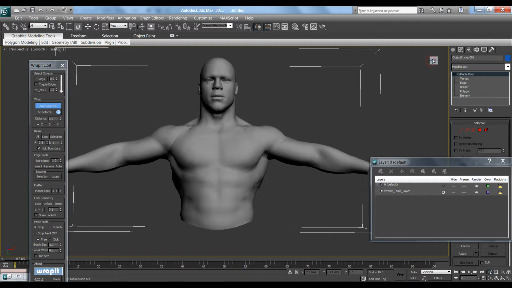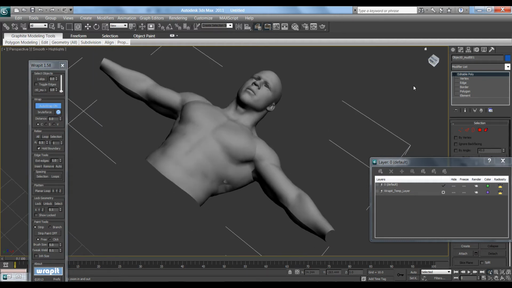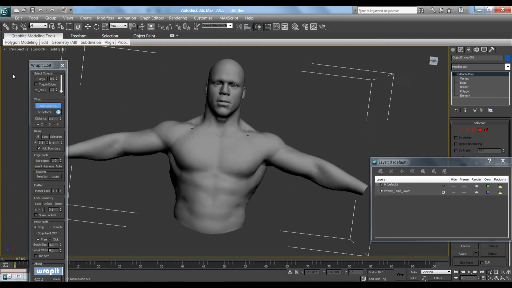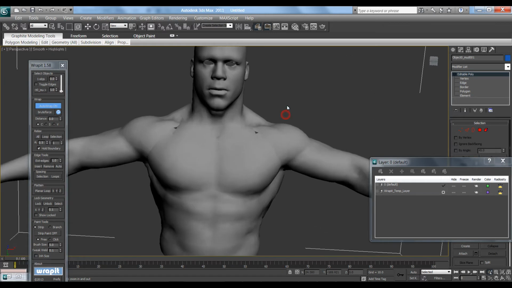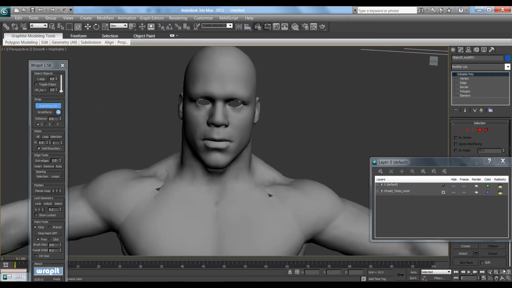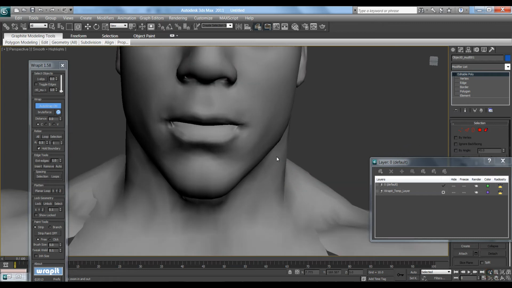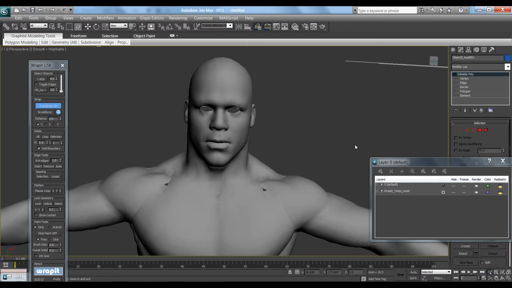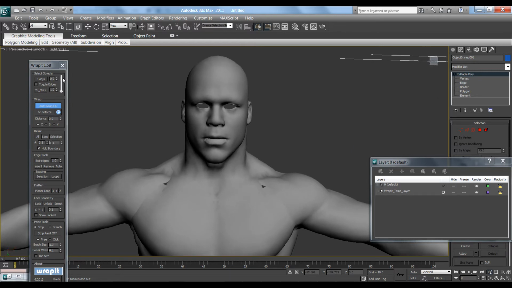There's still some areas which need some work, like around here, and you'll find the neck area and mouth area, etc., which also need a little bit more work to make it look a bit neater. But so far I'm fairly happy with the way it looks. If you look at the mouth area, you'll see that there's a couple of edges and stuff that's rough, but we're going to go back in Mudbox and fix that. Alright, if you're happy, you close Wrapit,